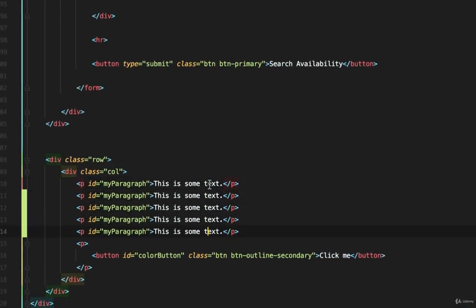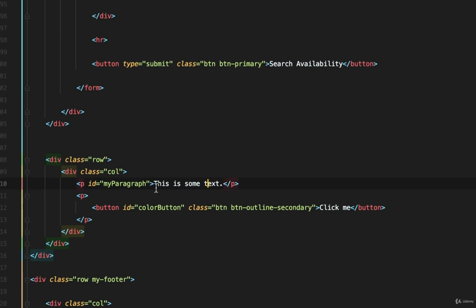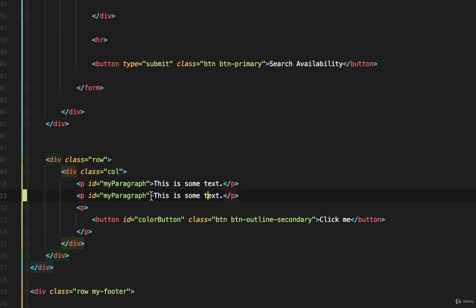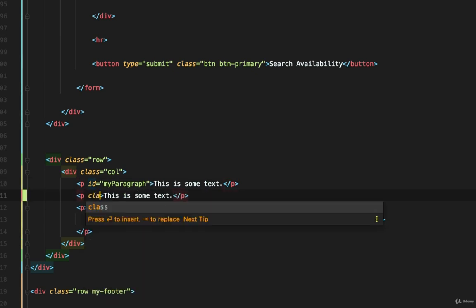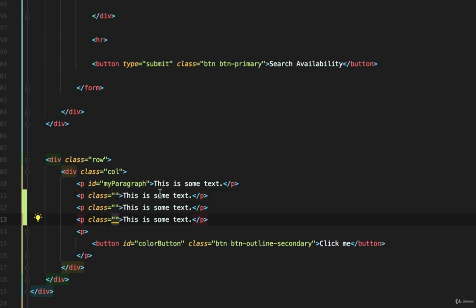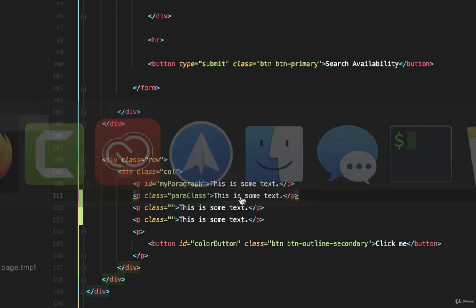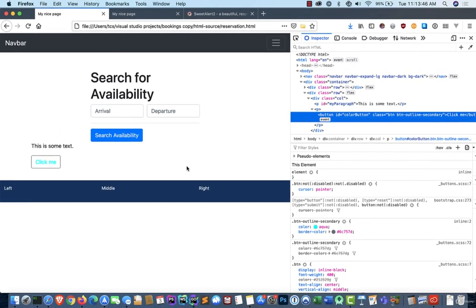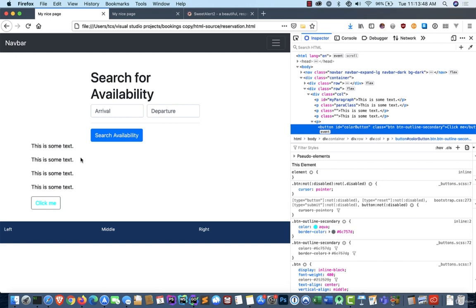few times. And we'll get rid, actually, let's not duplicate the ID. Duplicate it once, get rid of the ID, and instead put class equals, and I'll leave that empty for right now, and I'll duplicate it 3 times. So I have 3 paragraphs. And I'll give the first one a class of para class, and I'll leave the other 2 empty. Okay? So if I come here, right now, there is no class para class, so it just puts in some